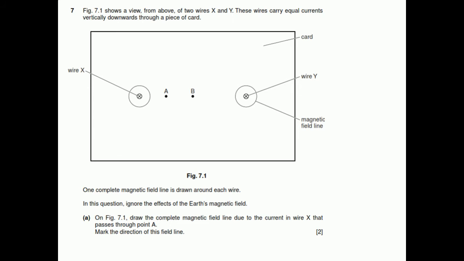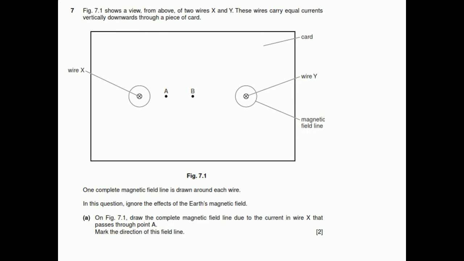To answer that question, dear students, we know that the question is of 2 marks. So if we see the figure, first of all, for the direction of current, they have written the cross sign, and the cross sign shows that the current flows into the page. If there is a dot sign, the dot sign means the current flows out of the page. But in this question, they show the cross sign on the X and Y wires. So therefore, in both wires the current flows into the page.